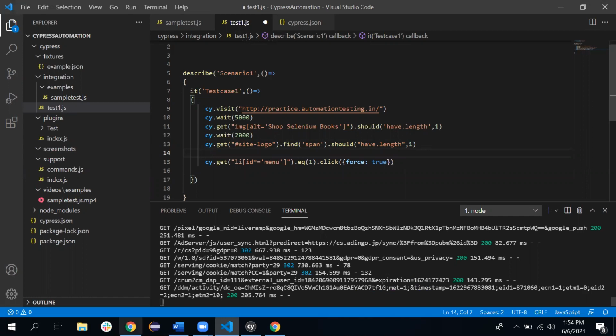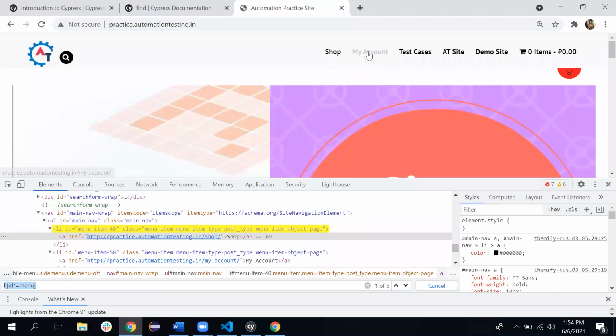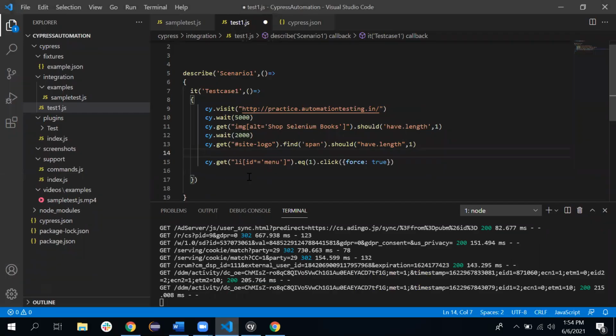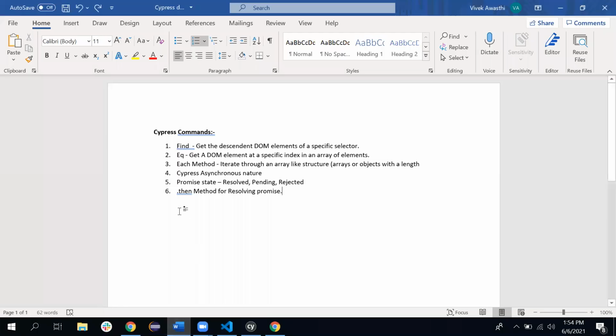Sometimes my account will come in the second position, but maybe it will change to the third, fourth, fifth, or some other position. So doing this kind of hard coding is not the correct choice. To perform this, we have another method called each method that iterates through an array